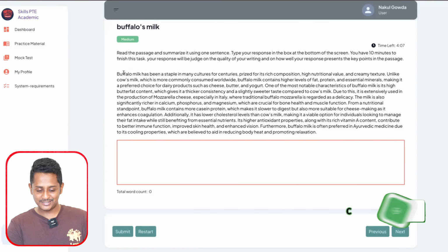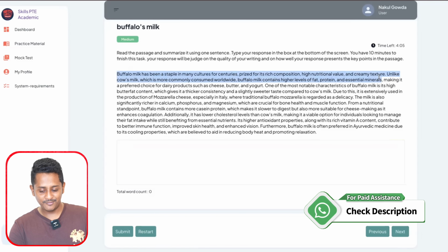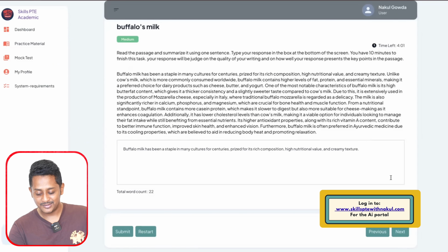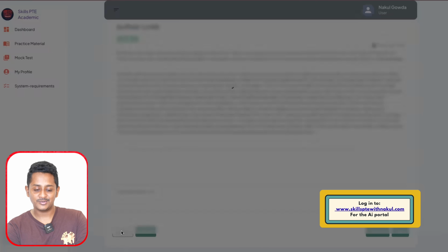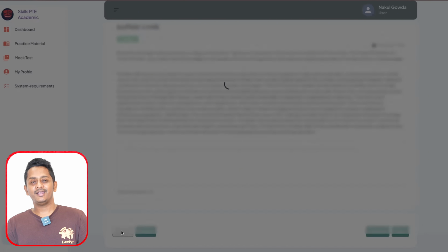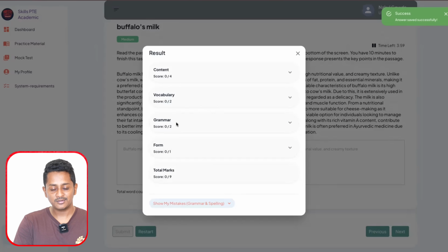The first mistake is, yes, you're copy pasting, definitely yes, and you've taken the exact sentence and you pasted it something like this, and you forgot to put a full stop and you submitted this. 100% it's going to be 0 in the exam. It is not just taking away marks for grammar, the entire thing will go for a toss. So here it is, 0 out of 4, 0 out of 2, everything is 0.